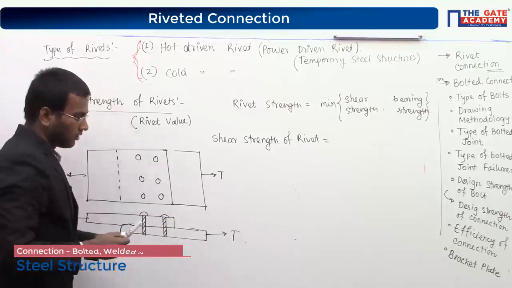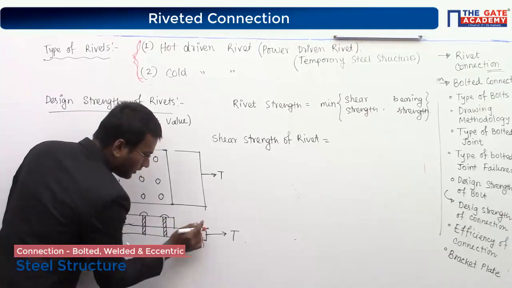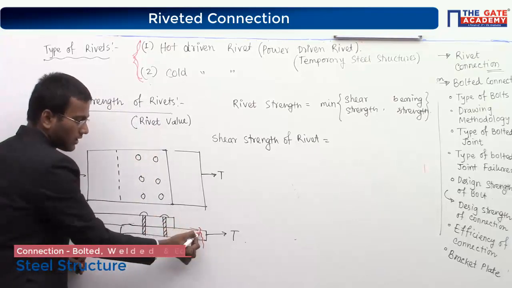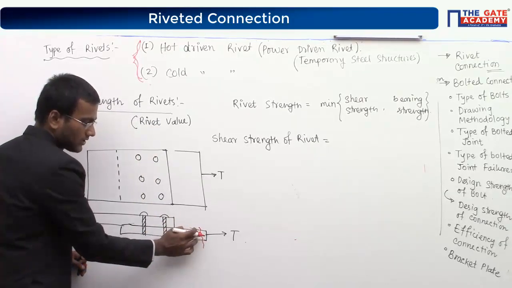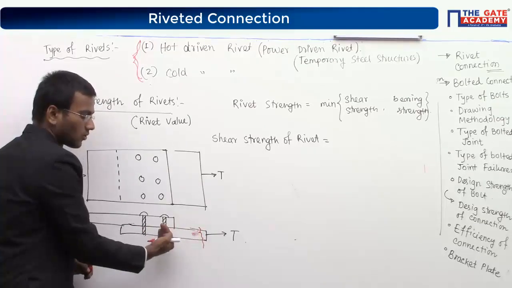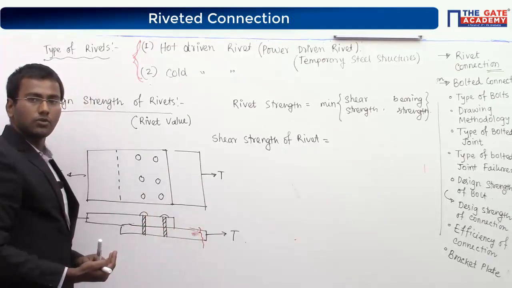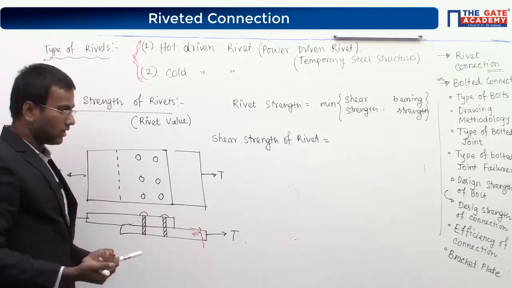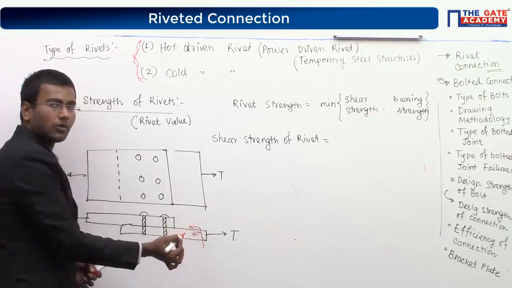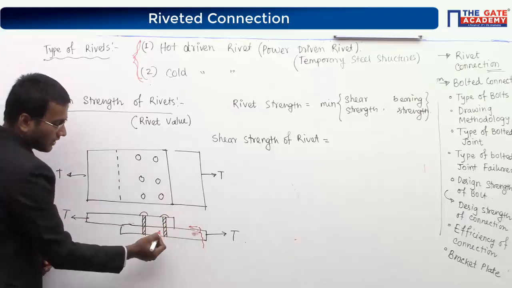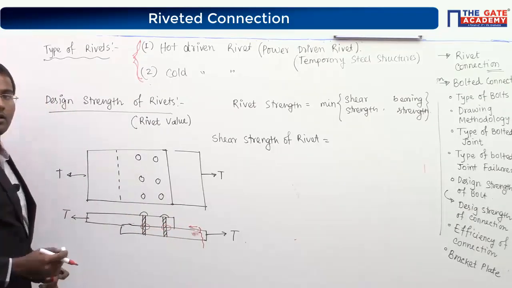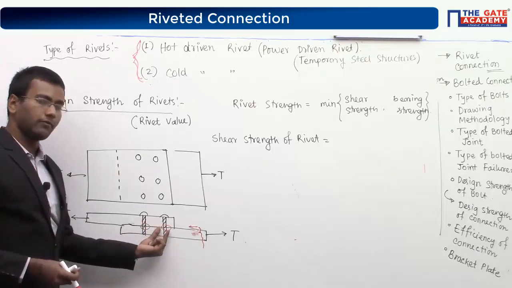this line or this zone will be your resistance line, it means normal stress will be acting this way. I mean normal stress is resisting this way. If normal stress is resisting this way, then perpendicular to this will be your shear stress, right? So this is your normal stress zone line and shear stress is the perpendicular line, this one. Now this shear stress line is nothing but your shear plane, this will be one shear plane for one rivet.